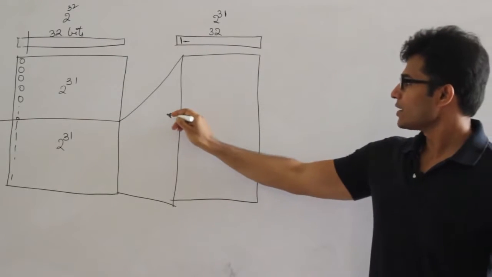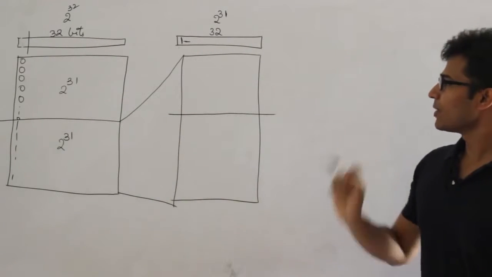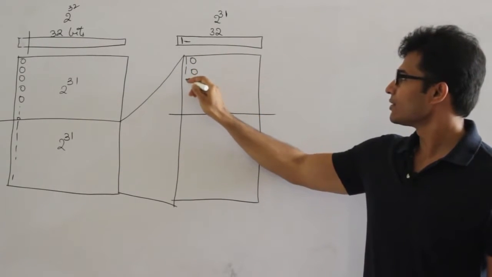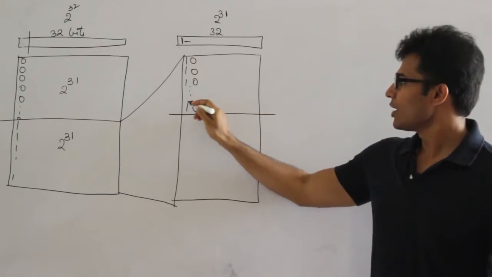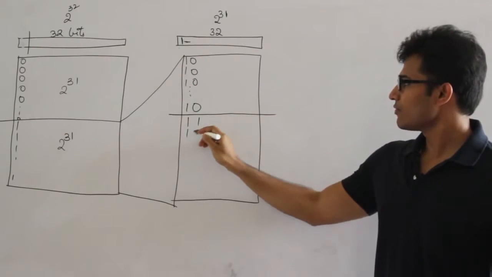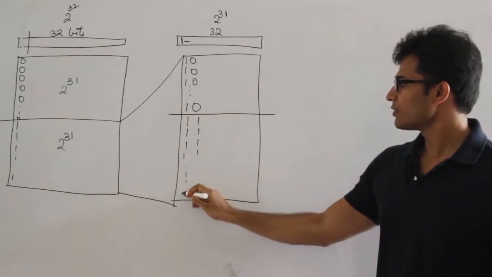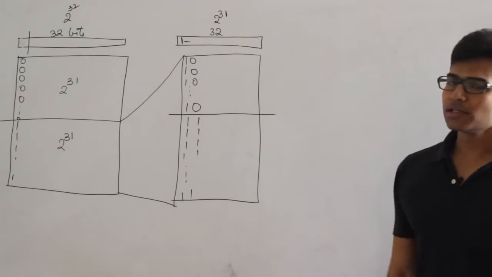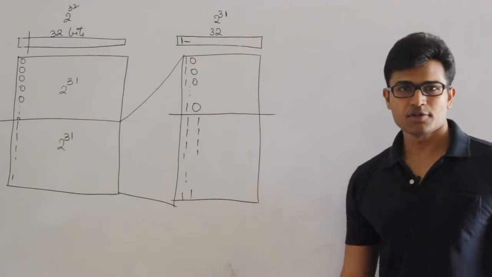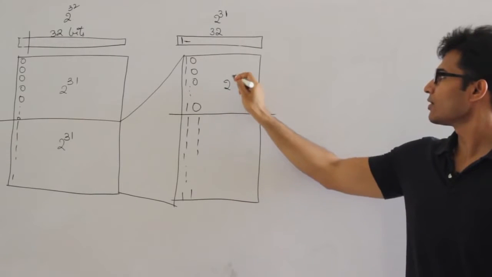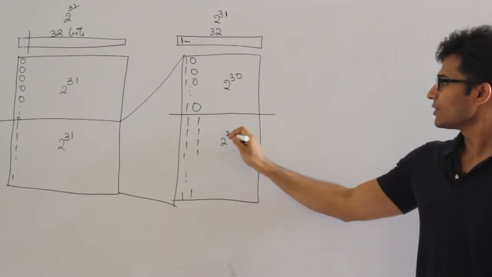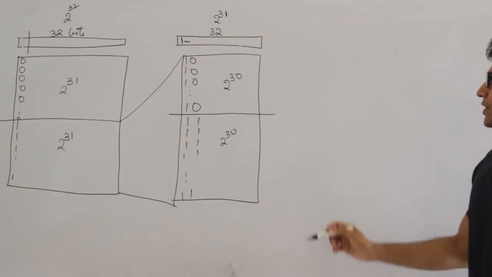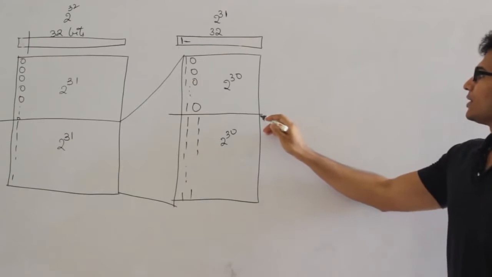then I am again dividing the entire addresses into two parts. The first part will contain 10 as the leading bits, 10 10 and so on, and the second half will contain 11 11 11 11 and so on, right? Now the actual size of this entire number space is 2 power 31. I divide it into two parts, therefore the size of each part is 2 power 30. And we don't do anything with the first part, and we take the second part. Now if we take the second part,